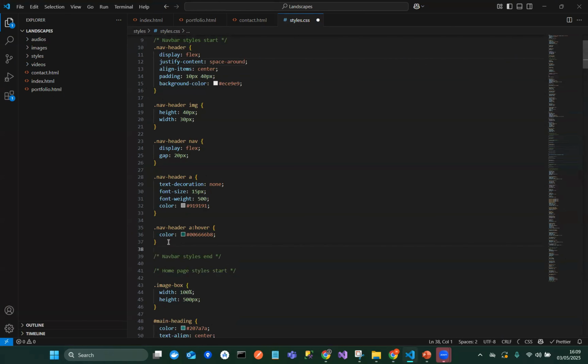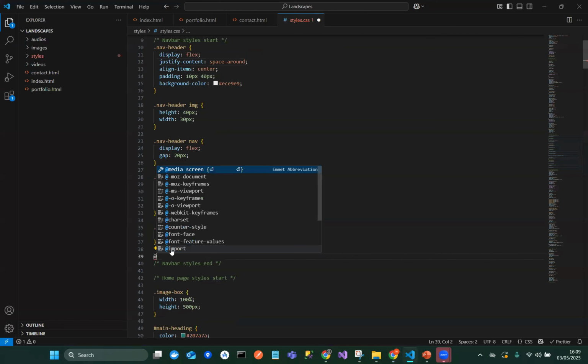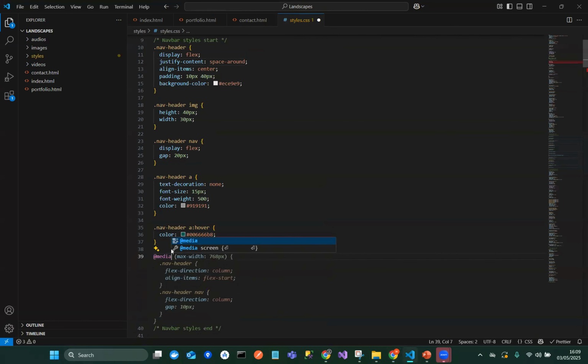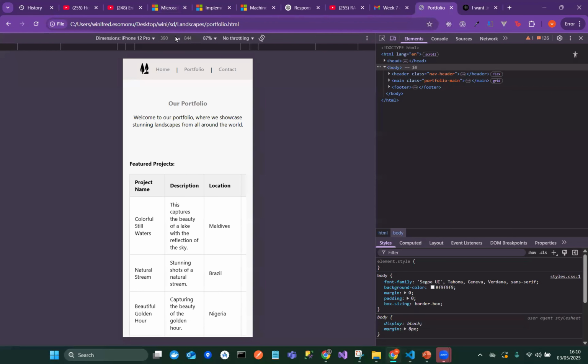If I come to this part, how to target something on any device is this. You just say @media. That's what you say. And then pass in what you want, right? So what I want now, I want any screen that is from